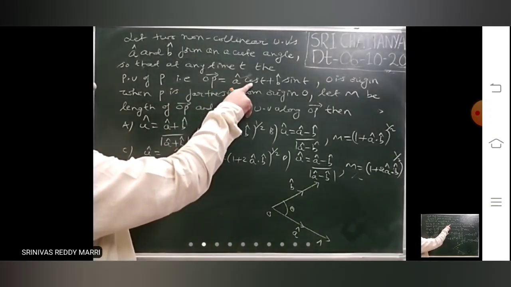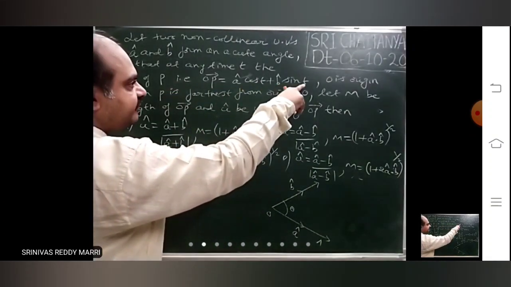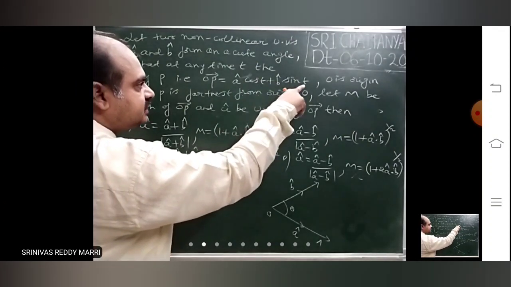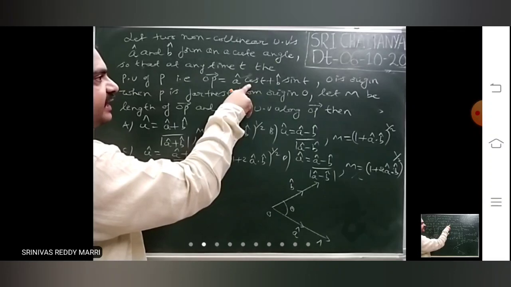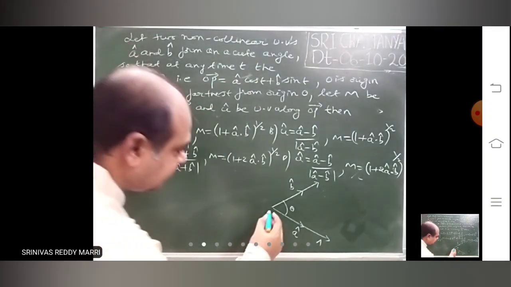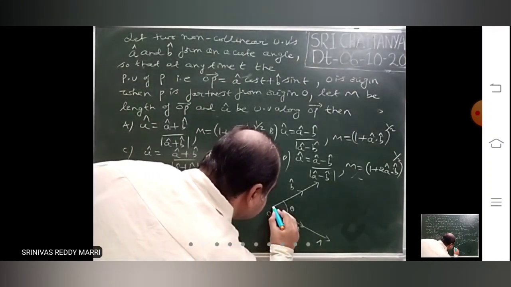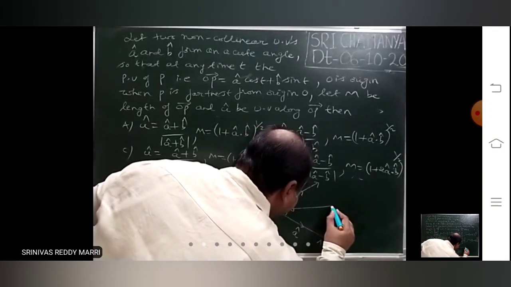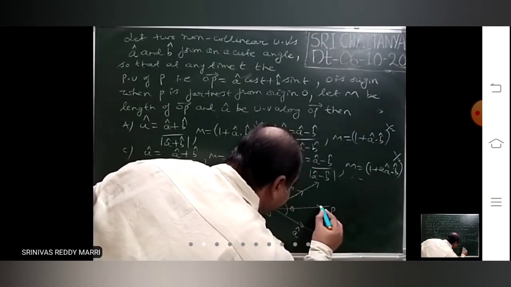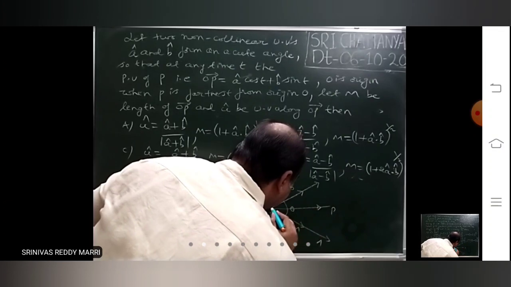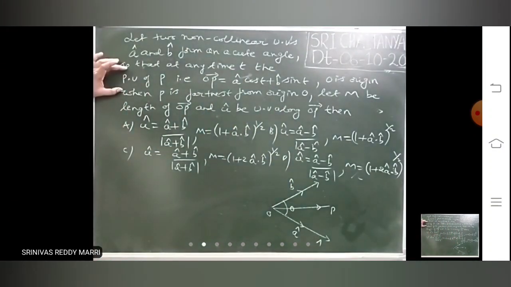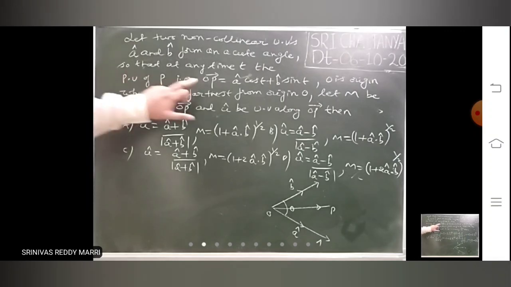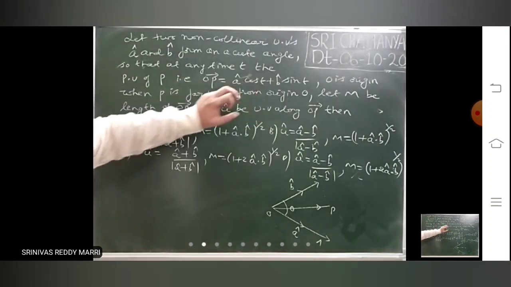position vector of P, it varies with time. Here t is the variable. So if you vary t, this vector will vary. So this vector is a variable vector where O is the origin. P is moving like this. Let us say at any instant of time P is like this. Then OP bar is given. It varies with time. It can be like this, it can be like this. It varies with time. Right? So this is given OP bar.